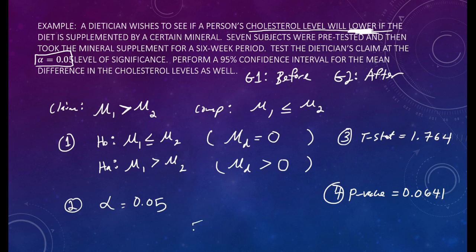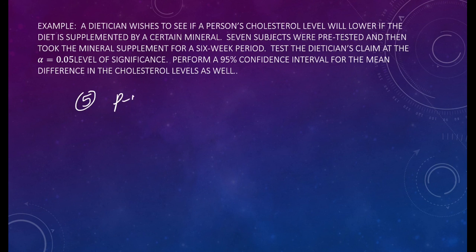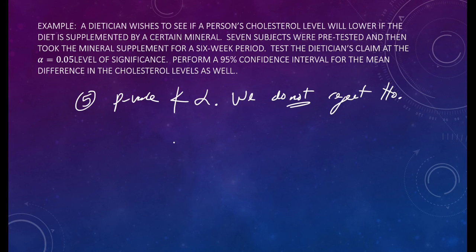For step 5, we are going to ask, is the p-value less than alpha? Is 0.0641 less than 0.05? And of course, the p-value is not less than alpha. So we do not reject the null hypothesis. There is not enough evidence